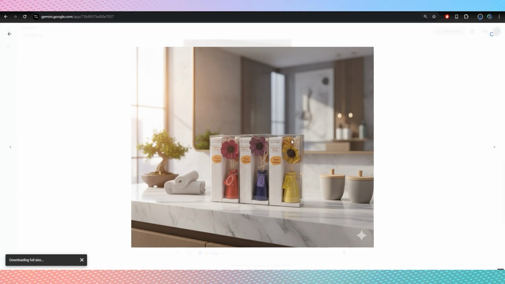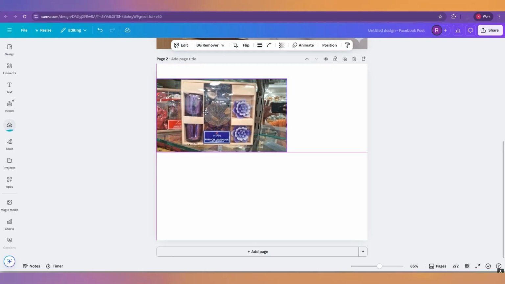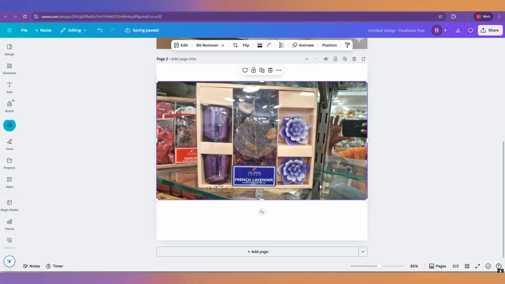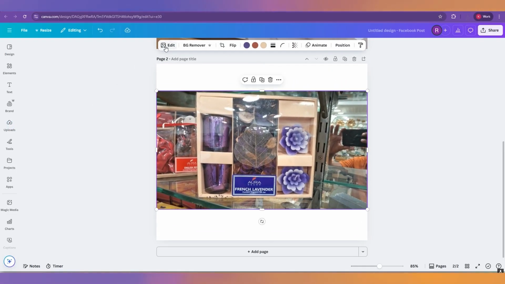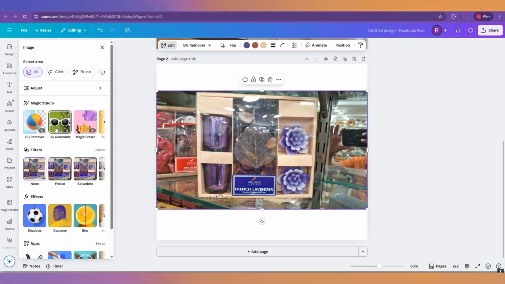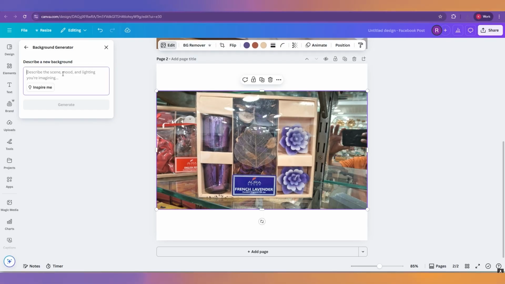At the end, we will create a presentation using all these products that we have created. Right now we are using a different product. I just drag it into my Canva, and it is a French lavender fragrance with a cup, I guess. So I'm going to use the same feature again, that is background remover in Canva, and the option that is background generator. Now let's try Canva background generator and see what result we get. I'm just giving you an idea, like if you have a question whether we can do this in Canva, we can do that.